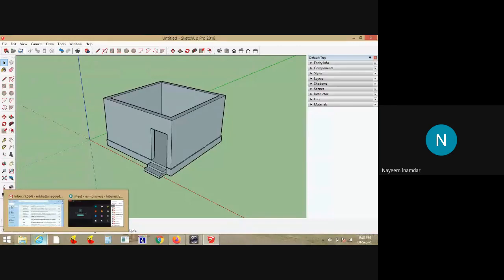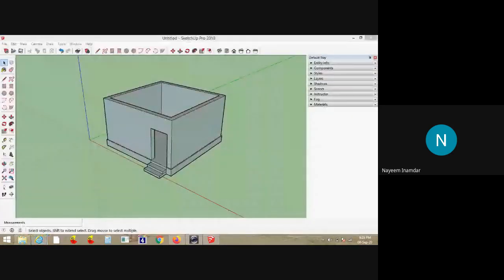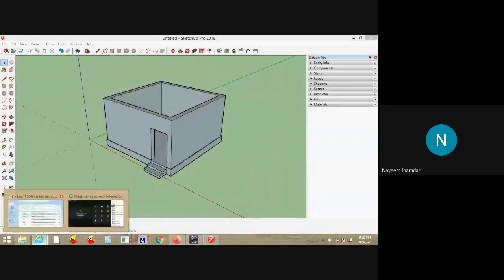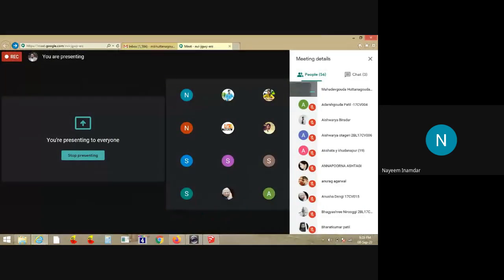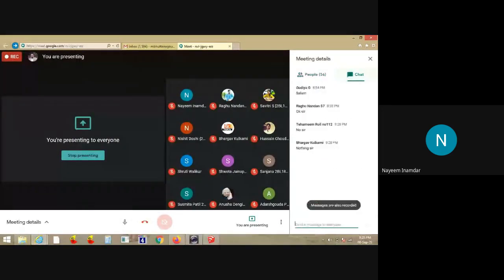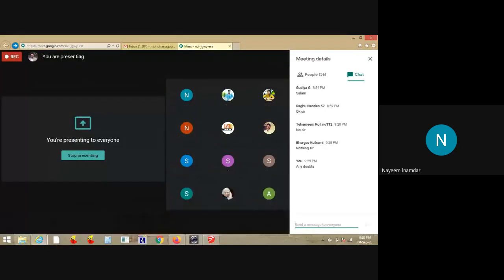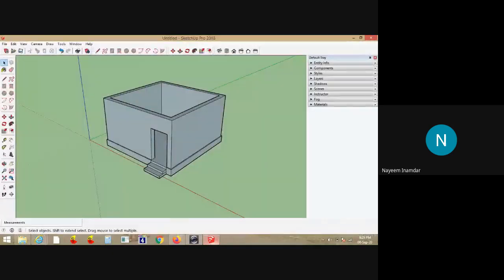Or else you can write it in the chat box. Yeah, that's also welcome. Any doubts? If no doubts, I can presume there will be two possibilities: either you have understood everything or you have understood nothing.